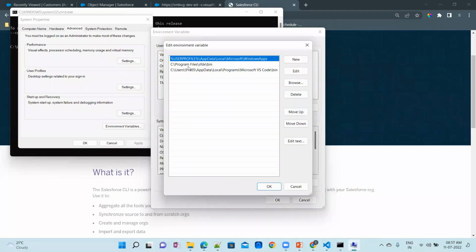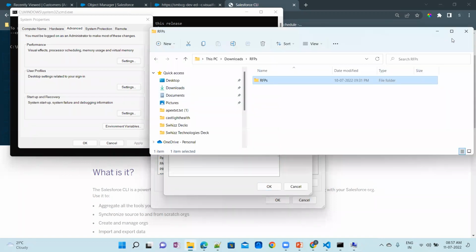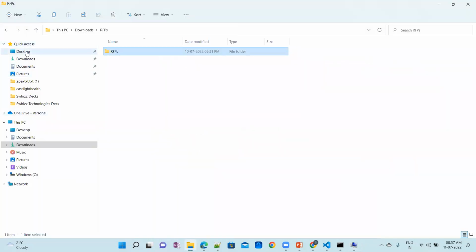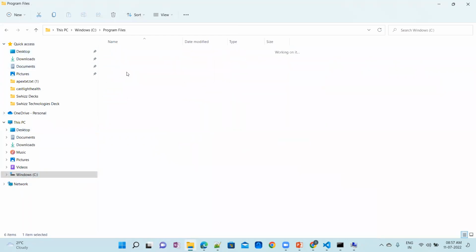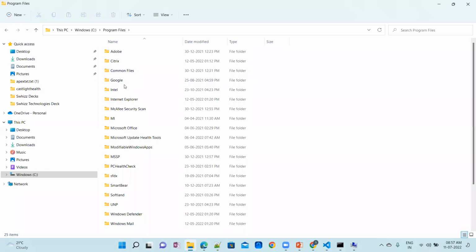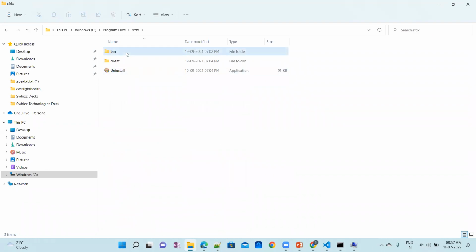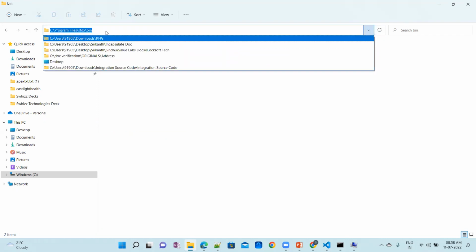In the path, just keep your SFDX. Let's say, for example, if I go here, see Program Files, whenever you install a CLI, this folder comes into the picture. When you open this folder, there is a bin option. In the bin, these options are very important. So I need to copy this path,